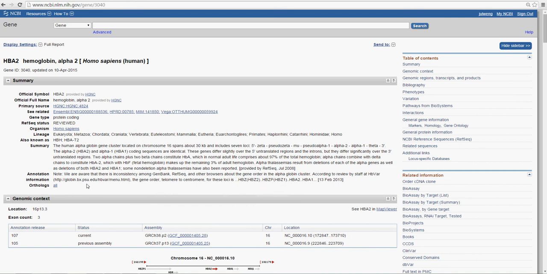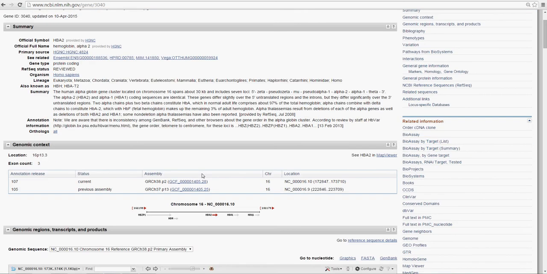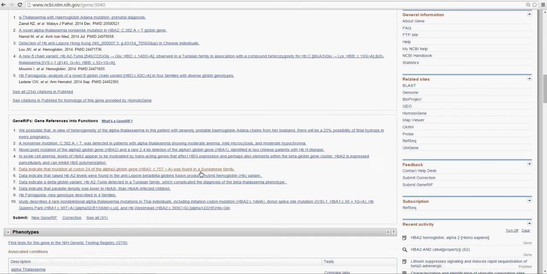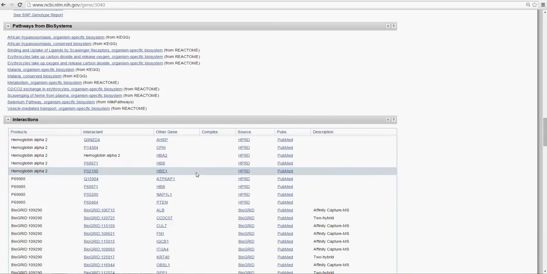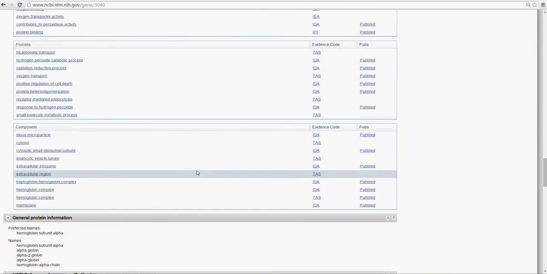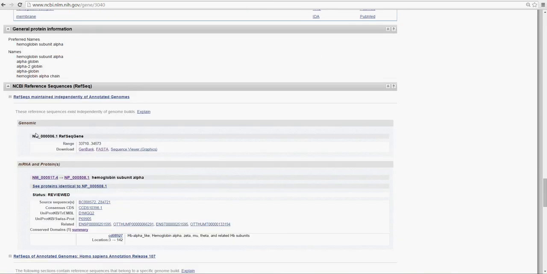This is a short video on how to use the BLAST function on the NCBI database. So suppose that we are looking for similar sequences for HbA2, hemoglobin alpha 2, for humans. If we go to the FASTA sequence for this gene, which is under the genomic category,